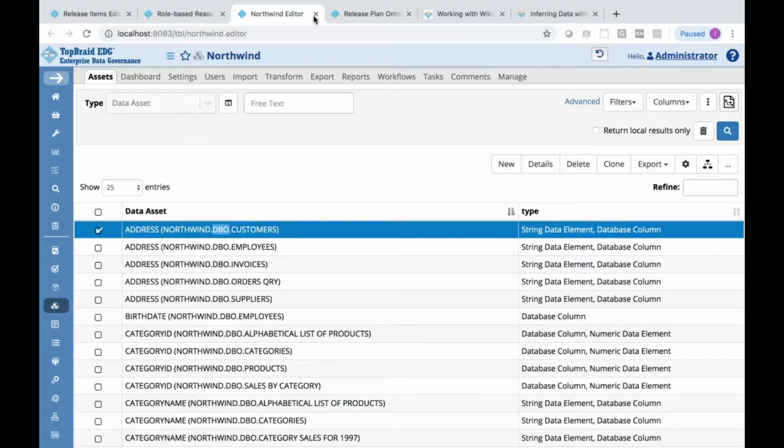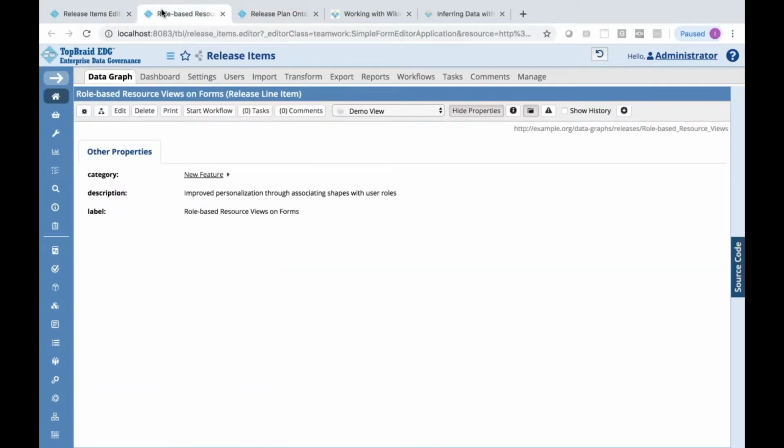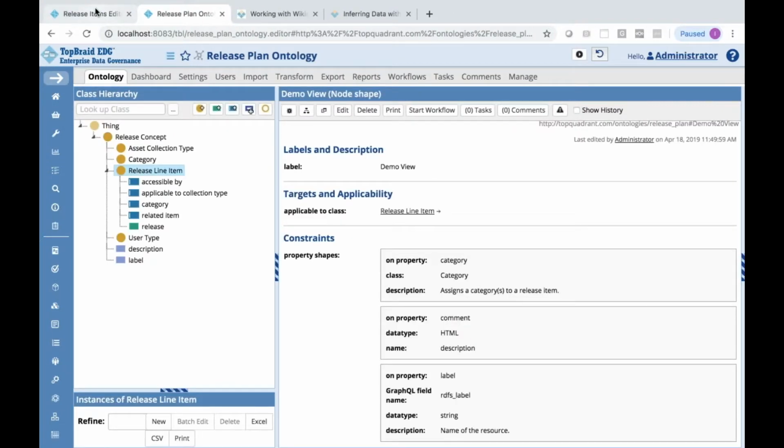So let me go back to my item. And one other feature that I want to show for the form is about dynamic inferencing, dynamically inferring new data from the existing data.